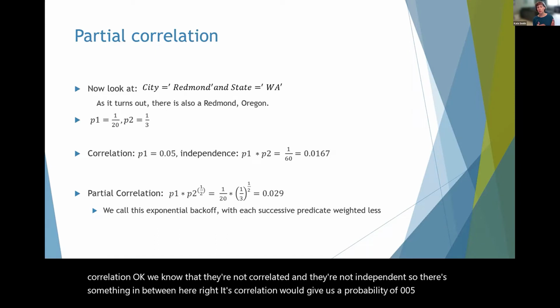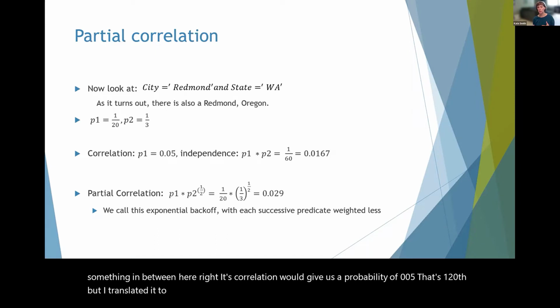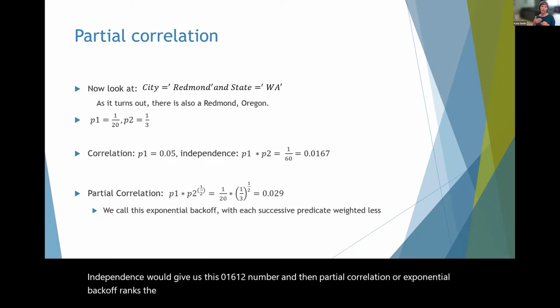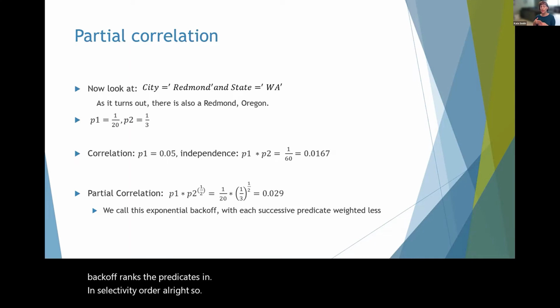That's 1/20th, but I translated it to decimal representation so that we could place that more easily when we talk about the partial correlation number. Independence would give us this 0.1612 number, and then partial correlation, or exponential backoff, ranks the predicates in selectivity order. All right, so start with the most selective times the next most selective, but we raise it to